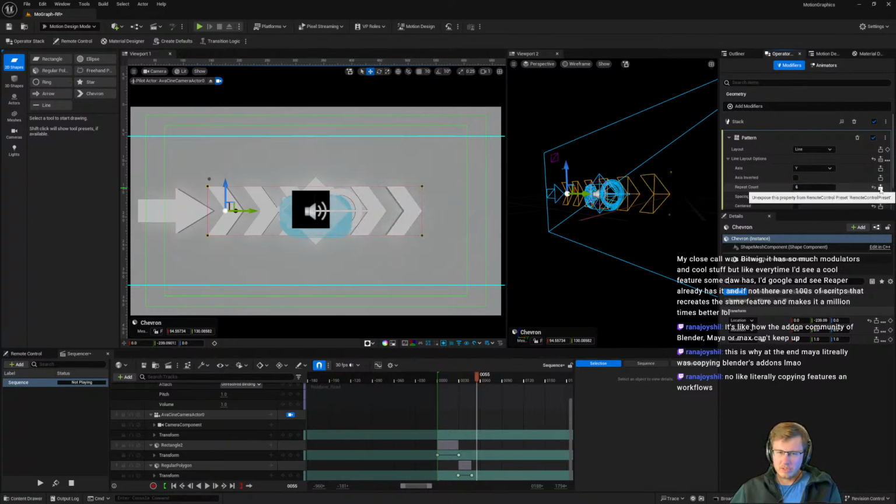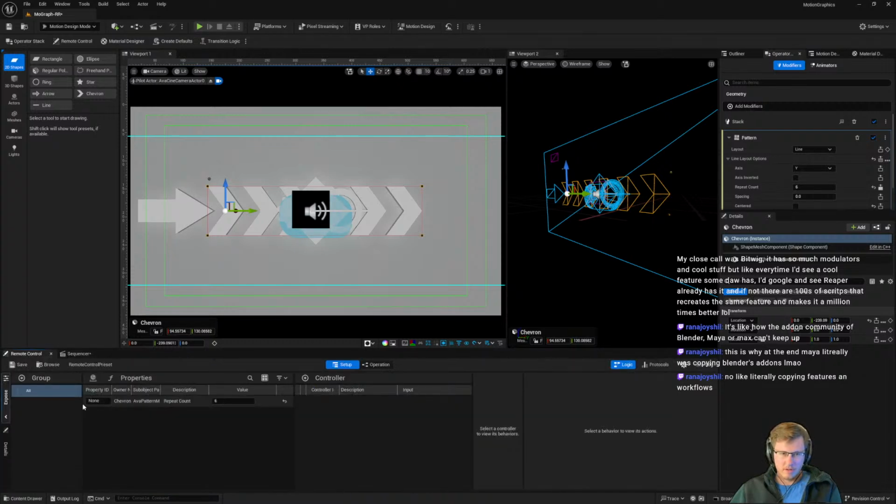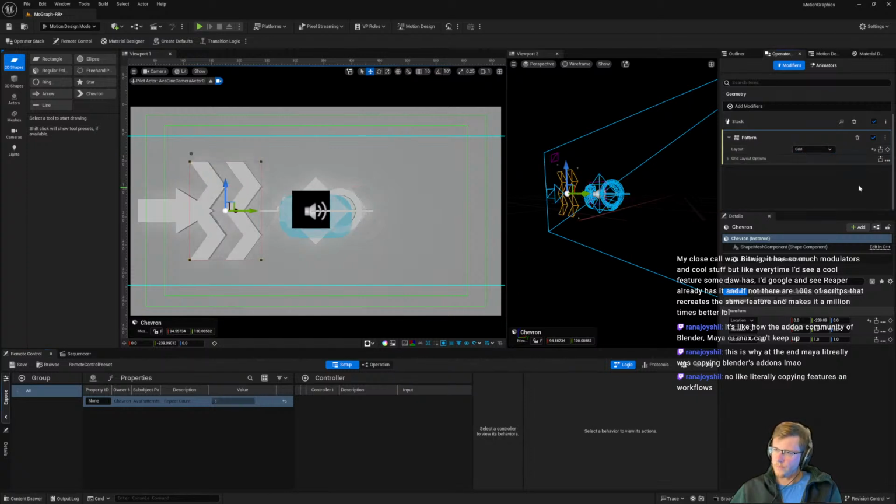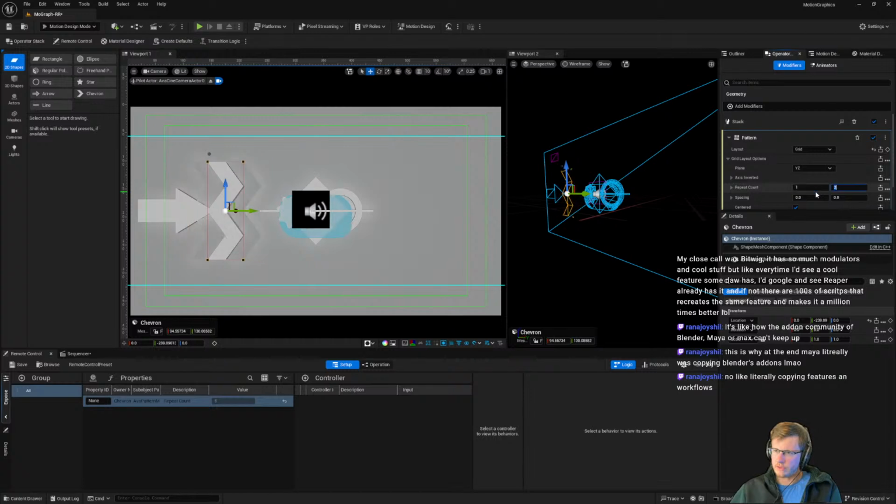But so if we expose this in remote control, it shows up in here. We get this remote control thing, but I don't know. It's a little strange because we don't get a keyframe property. Maybe if it's grid? If it's grid and it's a 1 by 1, I'm gonna do it that way? Can we...